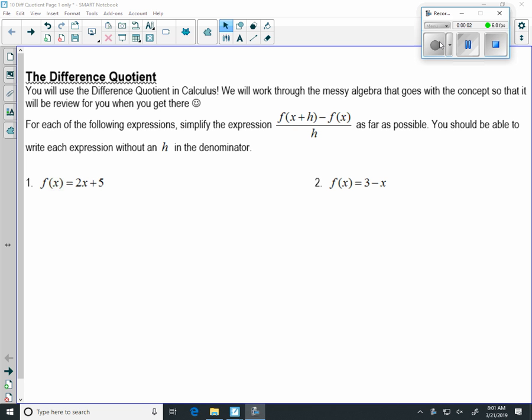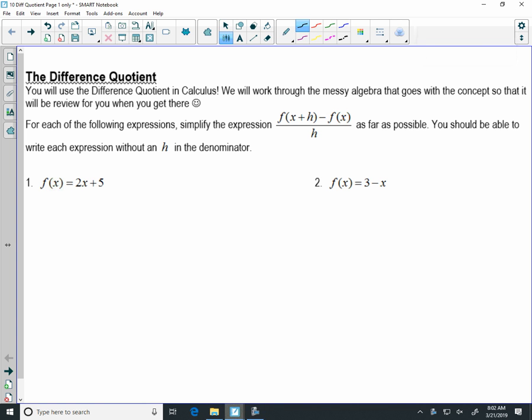All right, these are the difference quotient notes. So in calculus, you will use the difference quotient in order to find the derivative, and it's lovely. But what we're going to do here is just get used to the algebra kind of behind the difference quotient. So we're going to be plugging in to this